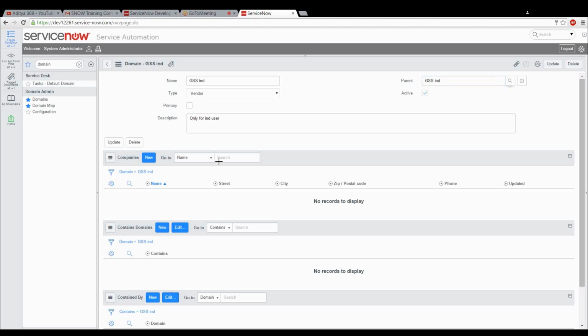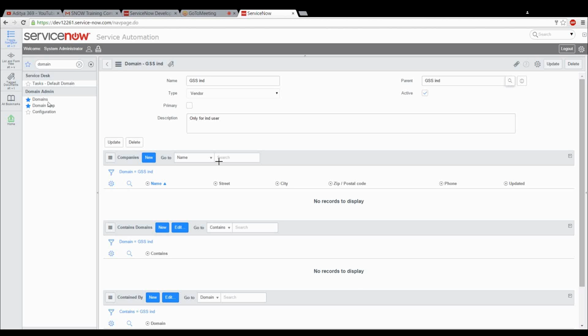Did you get anything? We didn't see anything. I'm getting a new tab here, but we couldn't see it. Okay, anyhow, select GSS there. I'm getting only GSS India itself here. Go to GSS. Click on the list tab.